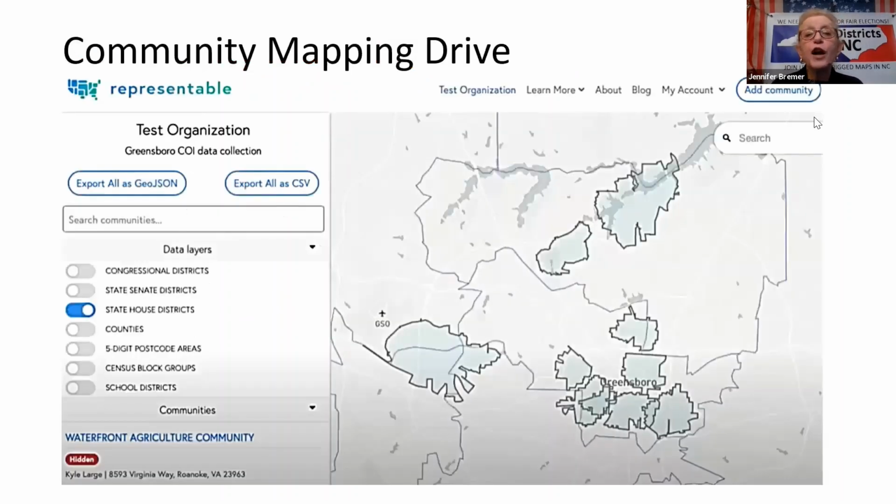Here's a snapshot from a community mapping drive that is underway, and this is in Greensboro, just as an example. So you can see there where groups or individuals have drawn districts, have drawn communities of interest, and overlying that are, in this case, state house districts. But one of the nice features they have is that you can see how what you've drawn, what you think is in your community, fits with the different levels of congressional districts and legislative districts and so forth.